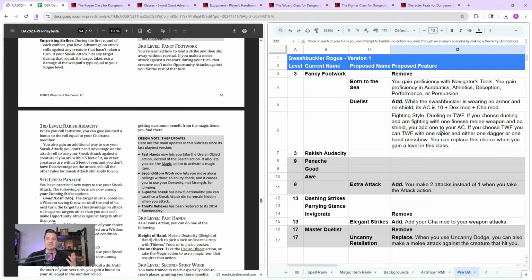I think it fits for their fighting style and was thematic. No, you're not super powerful, and it doesn't stack with any other things, but it will be meaningful if you lean into this fighting style. And the other option is if you choose two-weapon fighting style, you can two-weapon fight with one rapier and either one dagger or one hand crossbow. I wanted to add pistol to that list, but pistol doesn't have the light weapon property.